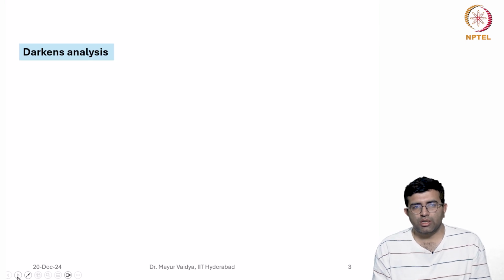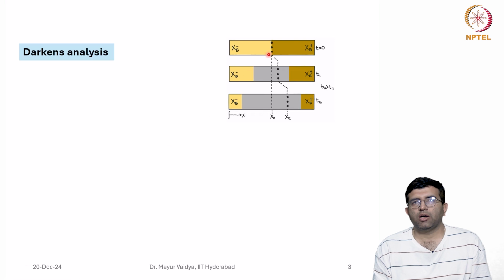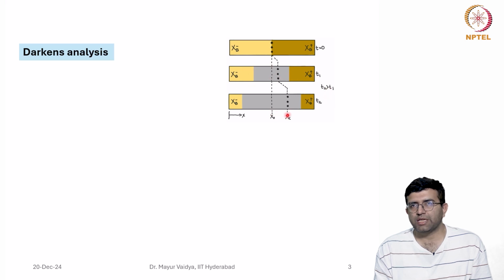So, how did Darken approach the analysis? Basically, consider this as a diffusion couple, where initially you placed a marker plane. These black dots indicate the position of the markers, and after a time t1, the marker moves to this distance. After a time t2, the markers move to this distance, and so on. Now, can we quantify this? So, what he tried to do is